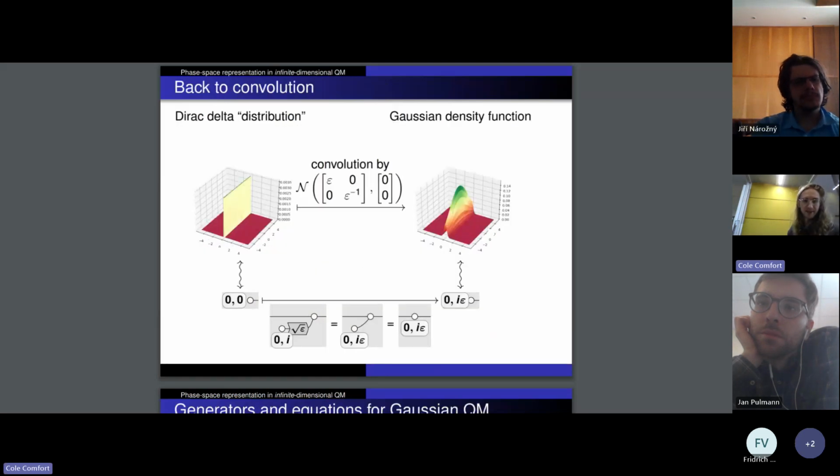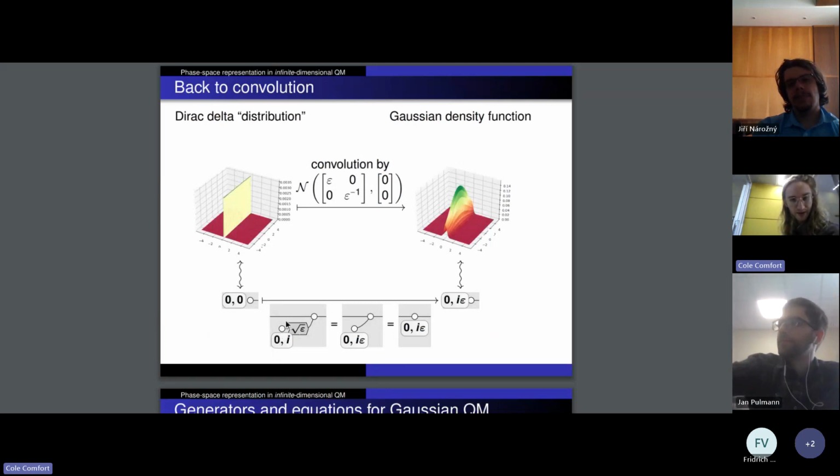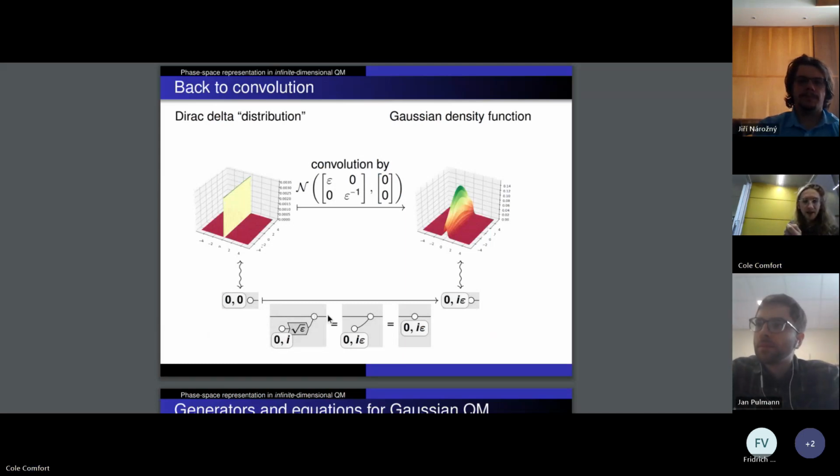And this is kind of the idea: you have your Dirac delta here, which is given by this a line, and the line is represented by this subspace of C to the 2, a real subspace of C to the 2, and then you take your vacuum state, your Gaussian state, given by 0I. You squeeze it by the square root of E, and then you sum that to this. And this is the same as performing Gaussian convolution by this matrix. So as it convolutes, say, the position by epsilon, it convolutes the momentum by the inverse of epsilon. So the volume is always being preserved.